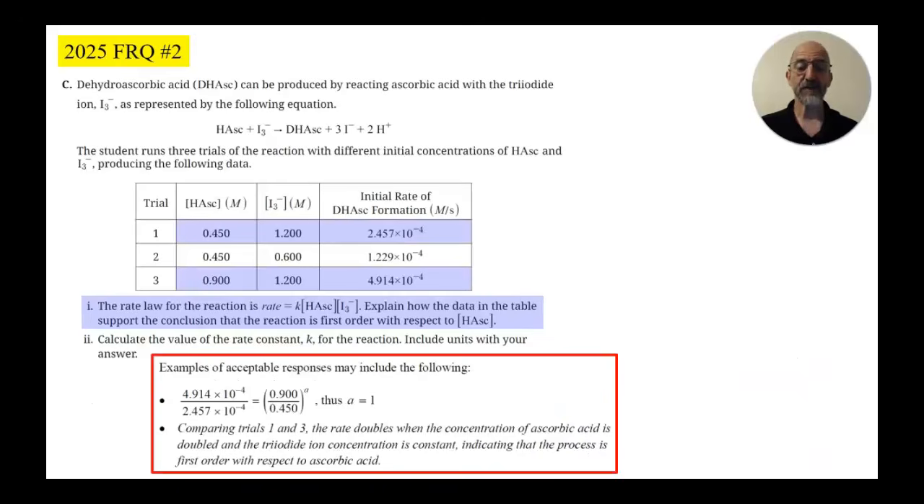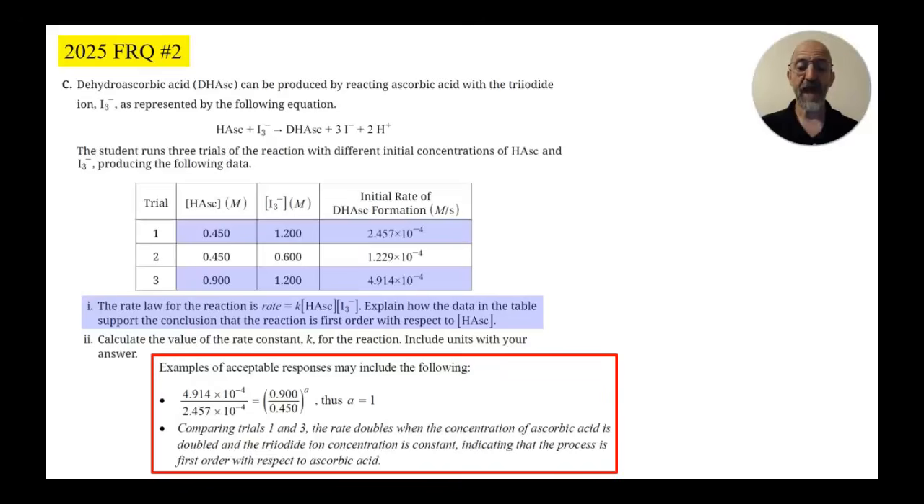So here is the official scoring guidelines answer, and you can see I'm comparing trial 1 and trial 3. Now, in trial 1, the initial concentration of ascorbic acid is 0.45. In trial 3, the initial concentration of the ascorbic acid is actually 0.9. So yes, it doubled. And then the initial concentration of the triiodide ion remained constant at 1.2. So you can say this in words. You can also show us a calculation to earn credit. So there's a calculation set up that proves that the order with respect to the ascorbic acid is 1,